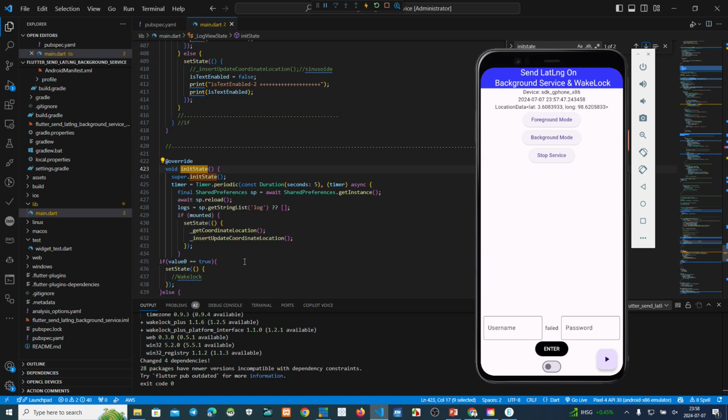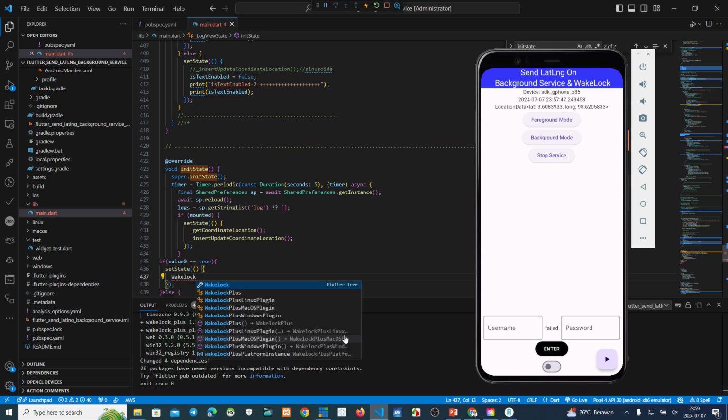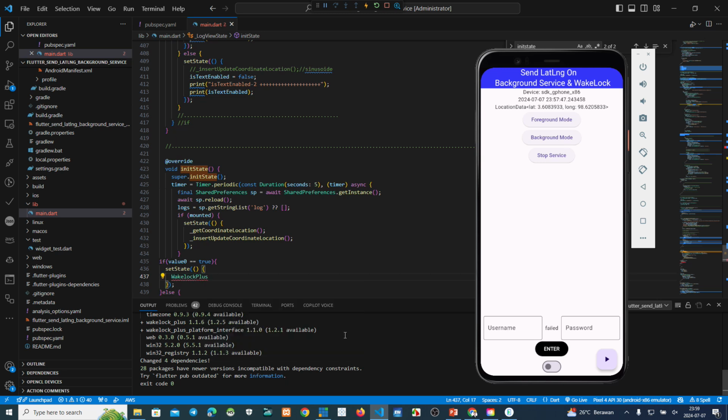Okay, if value 0 equals true, so wake state is wake lock plus this one. Okay, dot enable this one. Okay,